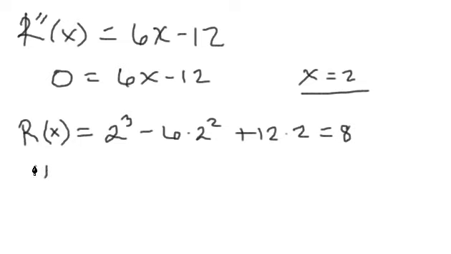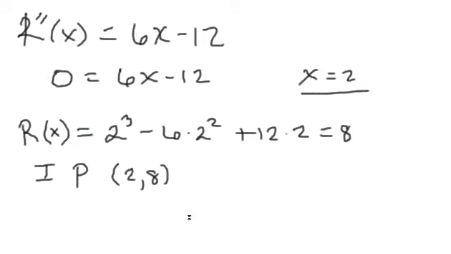So the inflection point, and I'm just going to label it with IP, inflection point, and it's a point, so that means we got an ordered pair here, so that'd be 2 comma 8. Okay, and I'll bring the graph up here in just a minute and we'll see what we're looking at here on that. Now to find where the function's concave up or concave down,